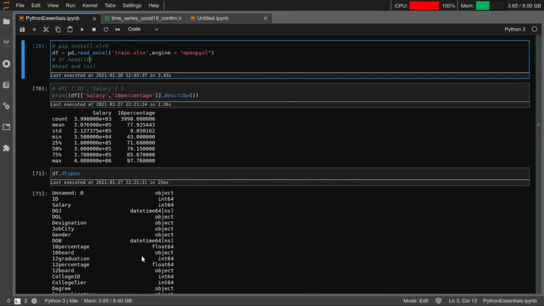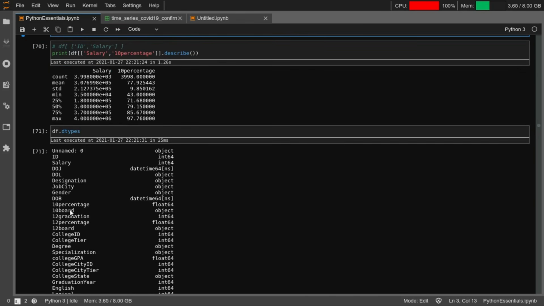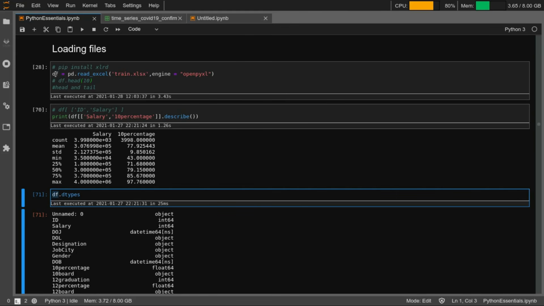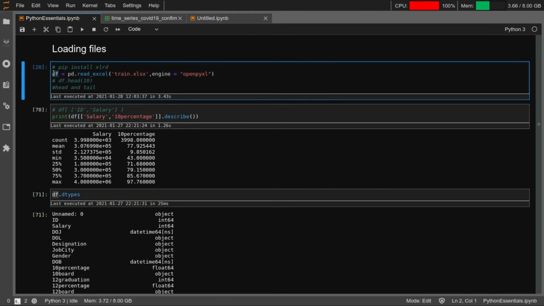So that was describe. Now if you want to understand what the different columns present in your data frame are and what the data types are, then df.dtypes will essentially do that. You can call dtypes on any data frame. This df is the name of the data frame that I have defined. This is just a variable name; it could be any name when it comes to your application, right?